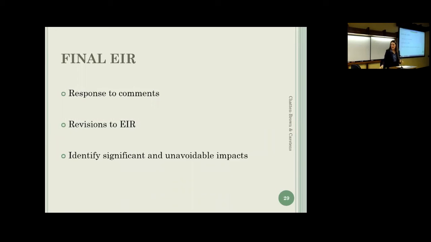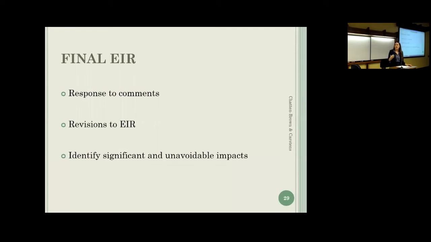After the comment period, the agency takes those comments and prepares responses and then revises the EIR. Generally, in response to comments, there are some changes that need to be made to the EIR. Sometimes there are changes to the project in the interim that the applicant has proposed or the city has requested.